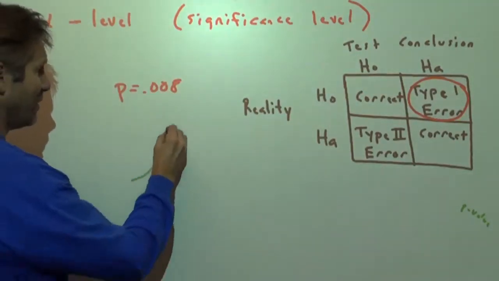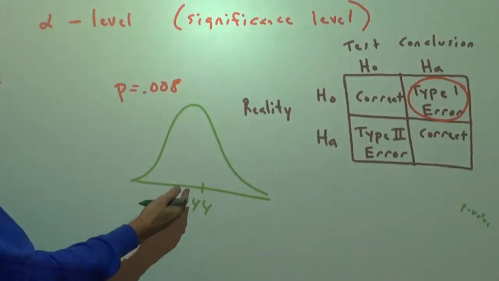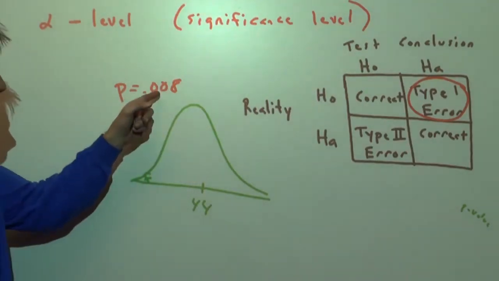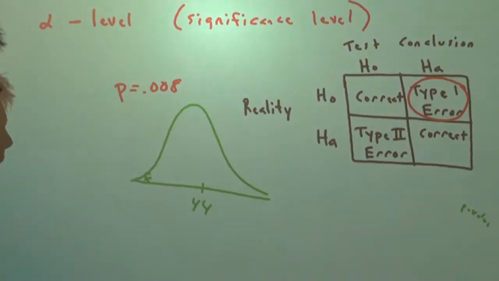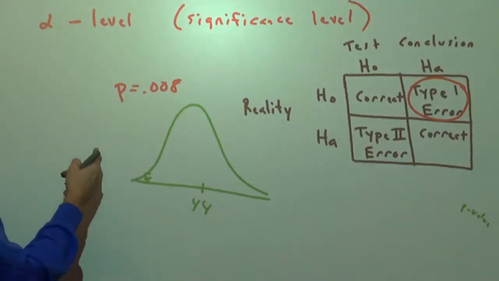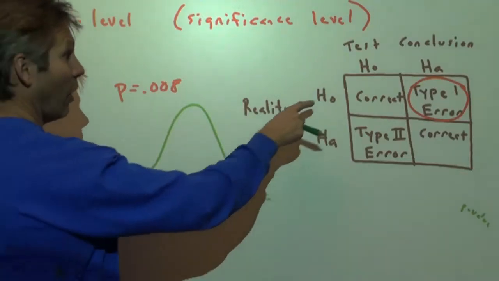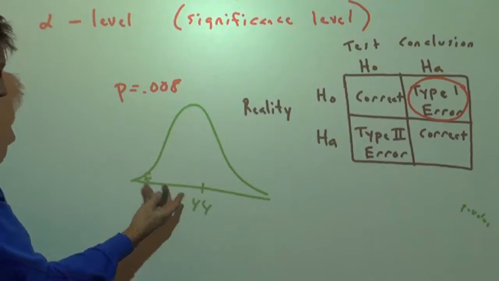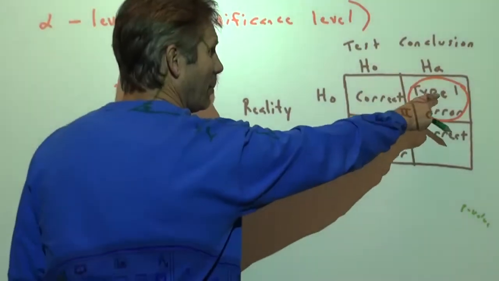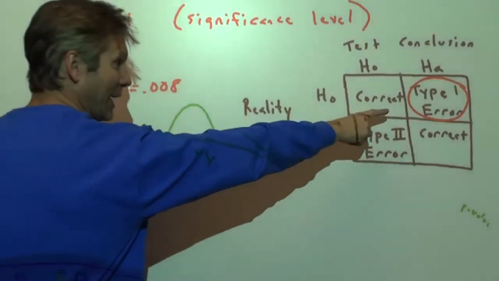In other words, it is feasible, it is at least somewhat possible that the mean was 44 and we just got one of those really unusually low sample means that should only happen about 0.008 of the time. So if that was the case, man, we got an extreme result, we thought it was a no-brainer that the true mean was less than 44, but maybe we find out 2 years later that the null was true, the mean really was 44, you just got really unlucky and your sample was one of those extreme results. Well, you just made a type 1 error. So this is the probability of making a type 1 error.